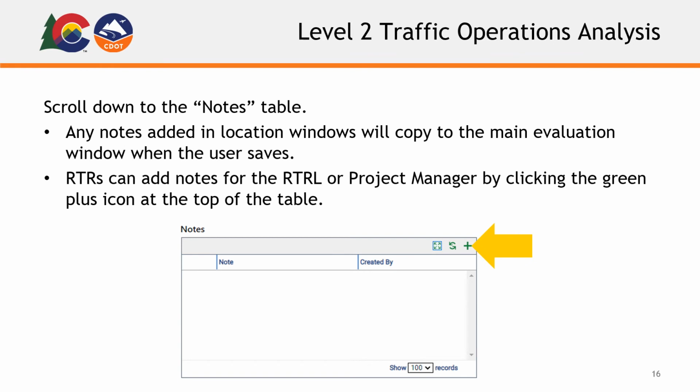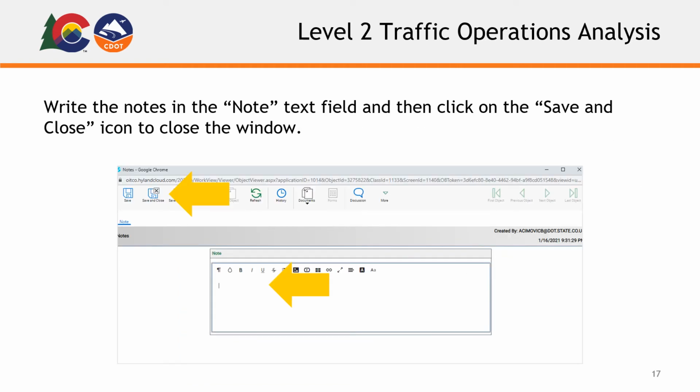Scroll down to the Notes table. Any notes added in location windows will copy to the main evaluation window when the user saves. RTRs can add notes for the RTRL or Project Manager by clicking the green plus icon at the top of the table. Write the notes in the Note text field and then click on the Save and Close icon to